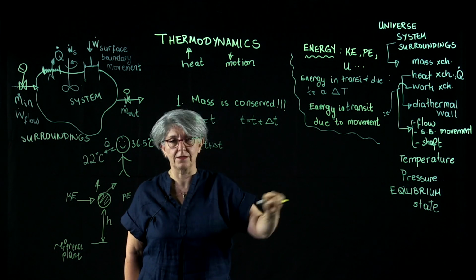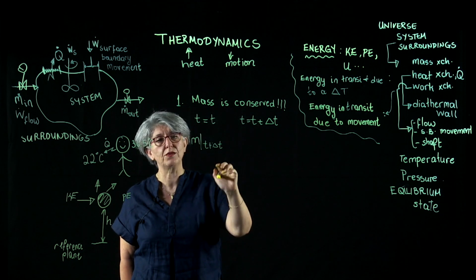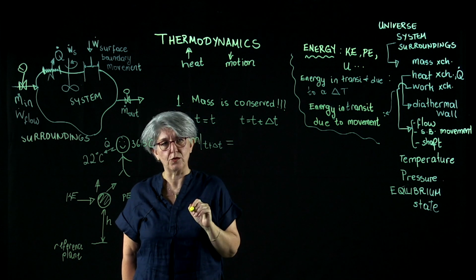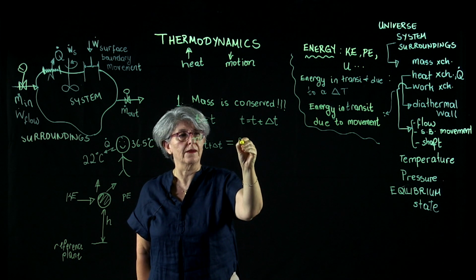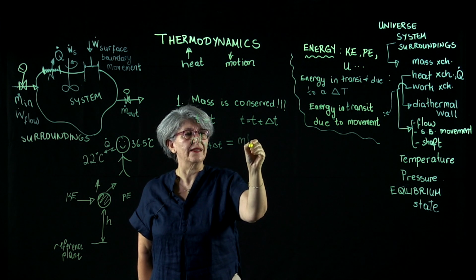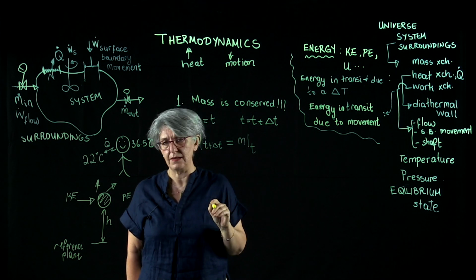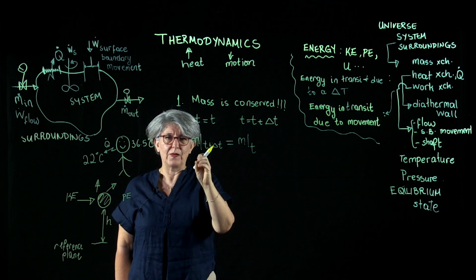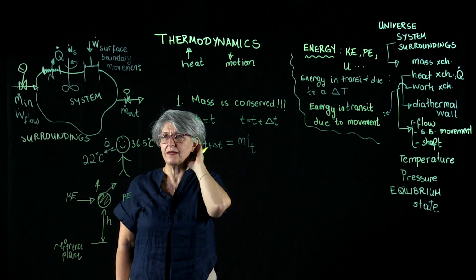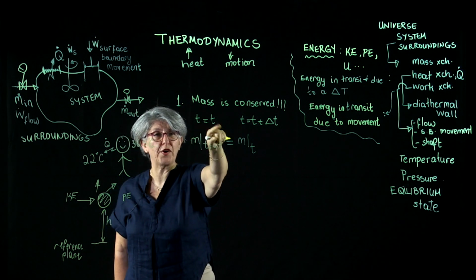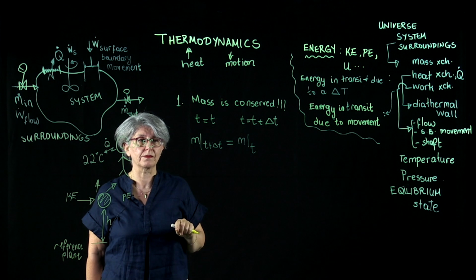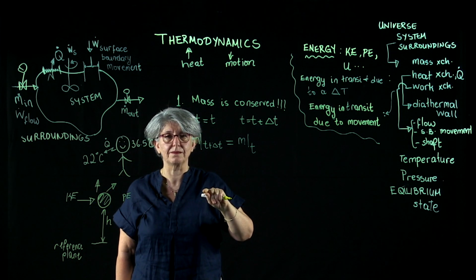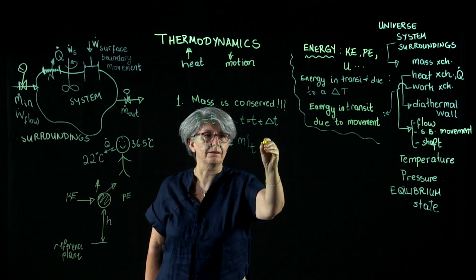Okay. Another term that we will be very frequently using should be equal to mass at time t, that my system was at in the beginning frame that I chose, plus whatever has happened in the meantime, plus